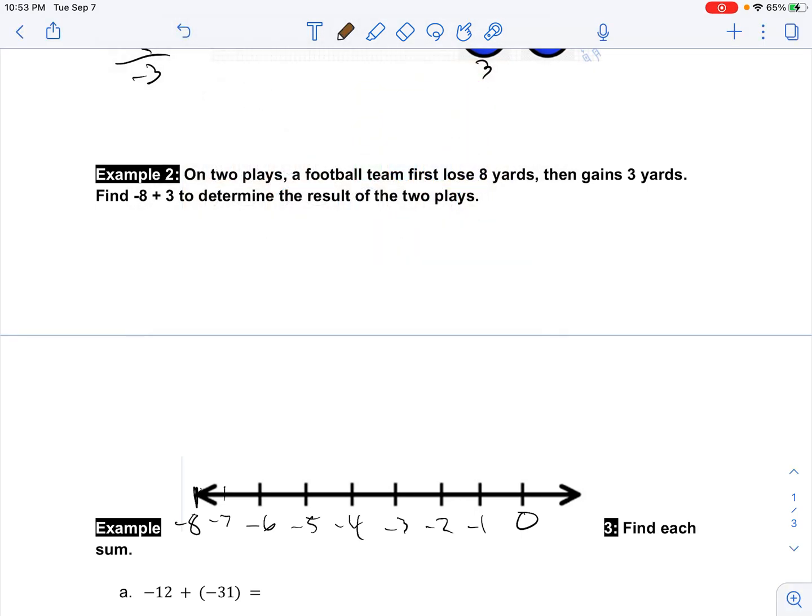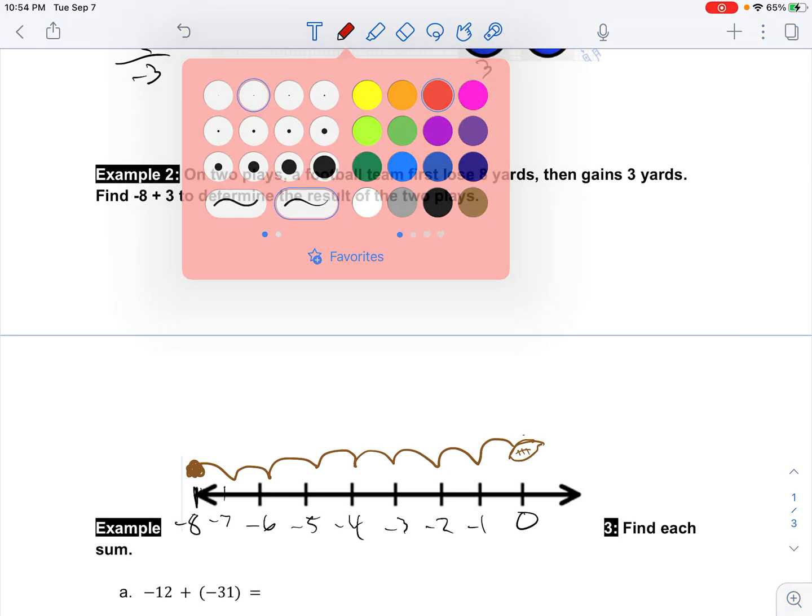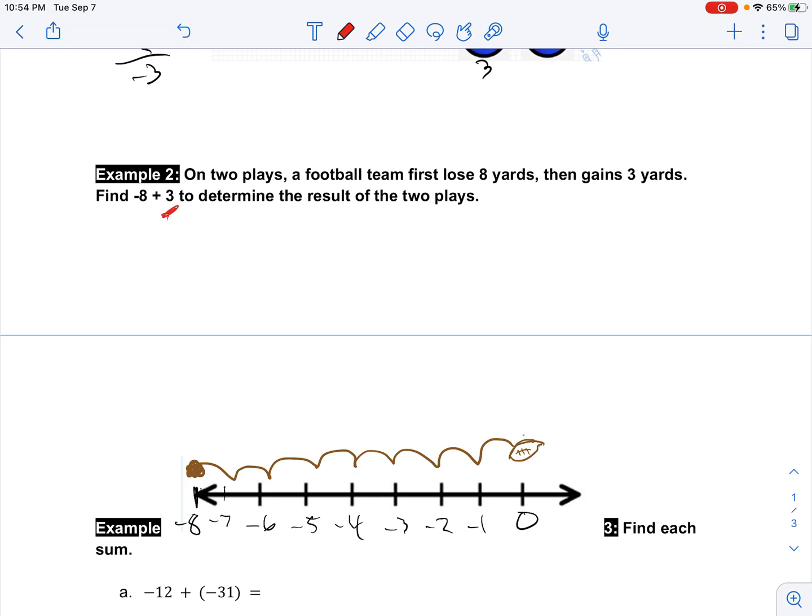So if I start right here, let's see if I can draw a football. Okay, let's say that this is our first play. We start at 0. Unfortunately, our quarterback, Kirk Cousins, gets sacked. 1, 2, 3, 4, 5, 6, 7, 8. We move back 8 yards. However, I then hand the ball off to Dalvin Cook and run 1, 2, 3 positive yards. So I end up at